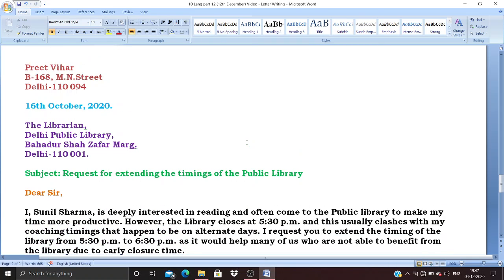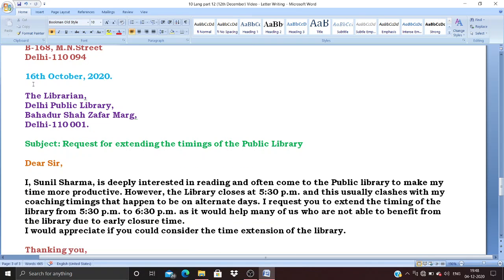Now, how it looks starts. First one is sender's address. Prithvihar, whatever the address, Delhi, etc. Now, obviously, you have to put a comma here. Then again you have to put a comma here, then you have to put a dot here. Otherwise you don't give anything is also correct. Next, 16th October, comma